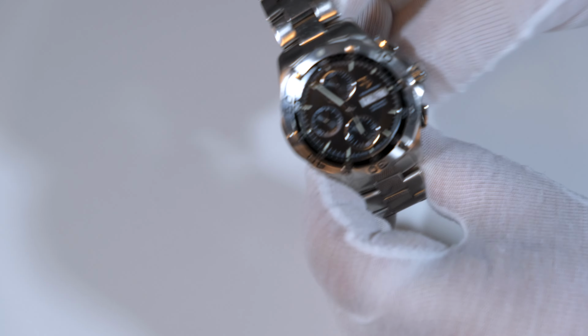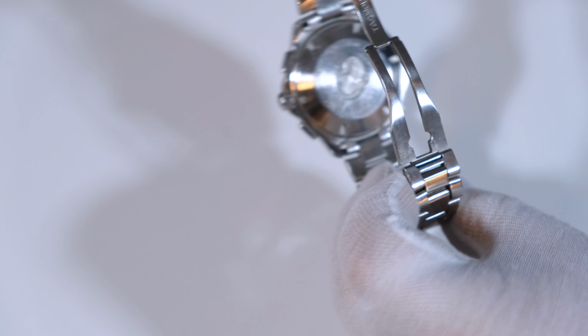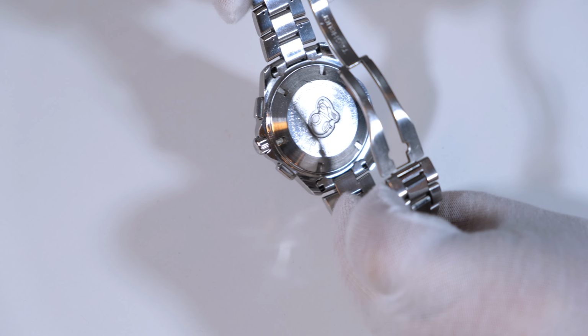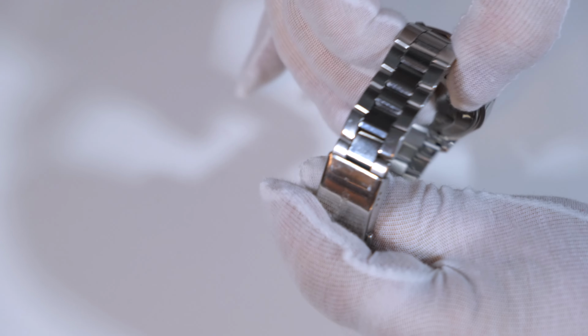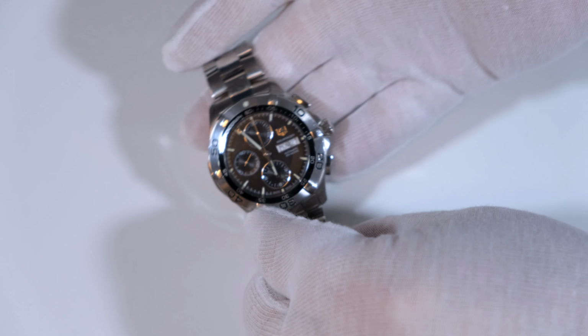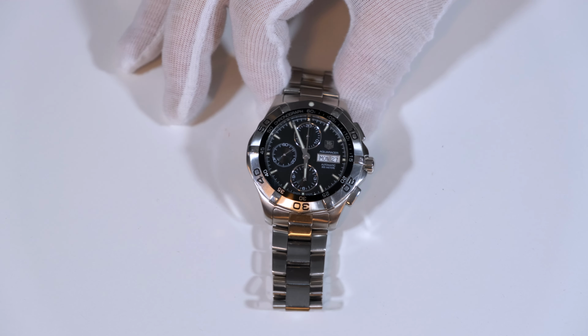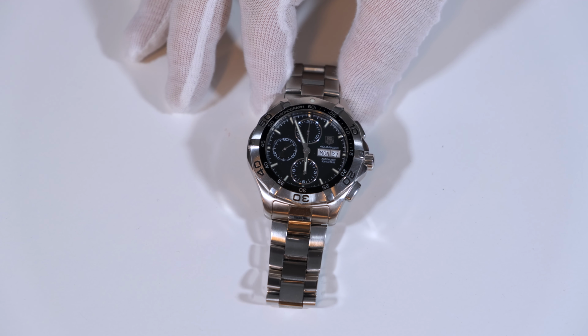It's powered by the Valjoux 7750, and it's really, really solid. And the chronograph still works, resets. This bracelet is actually the softest and nicest bracelet on all my watches. It keeps excellent time. It hasn't been serviced for a decade or so, I think, but still, it's really solid,